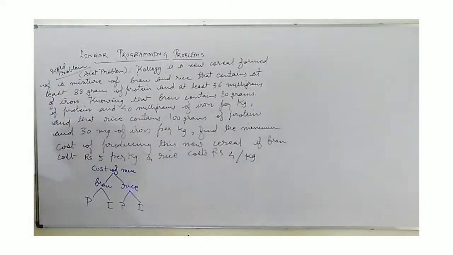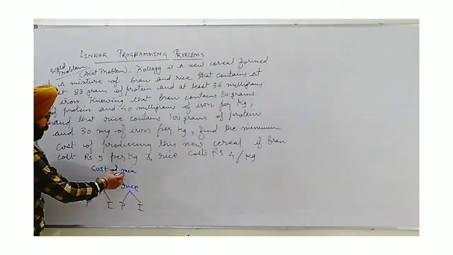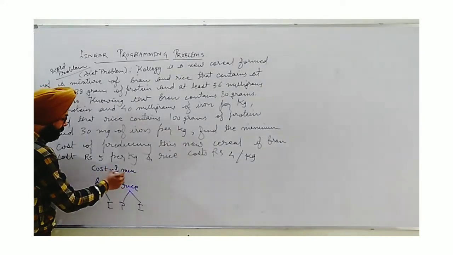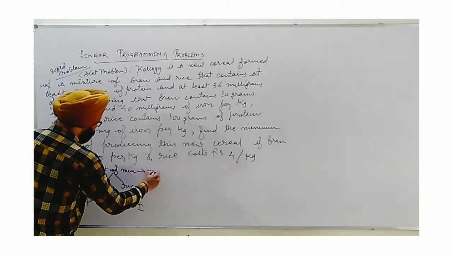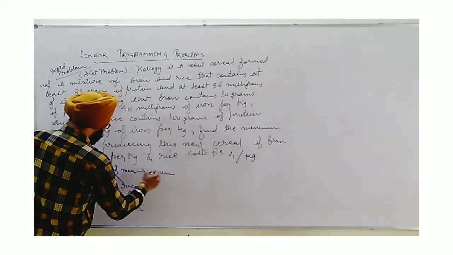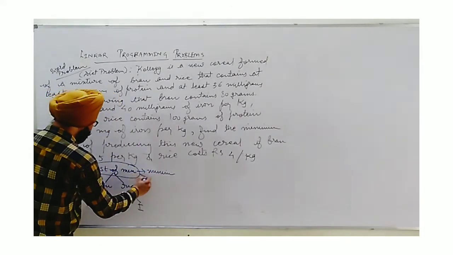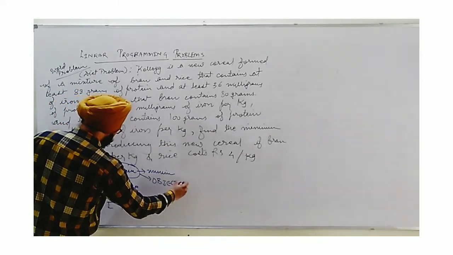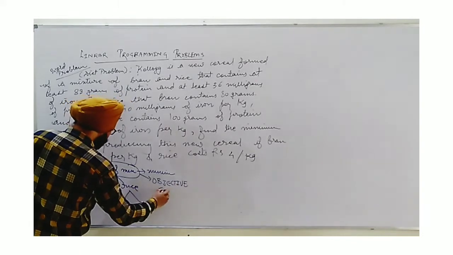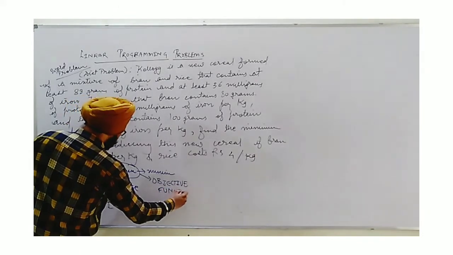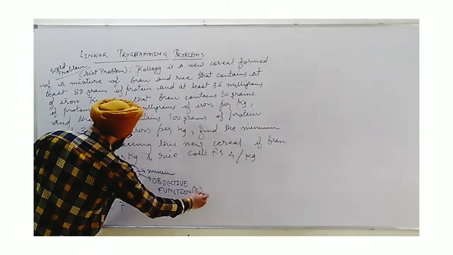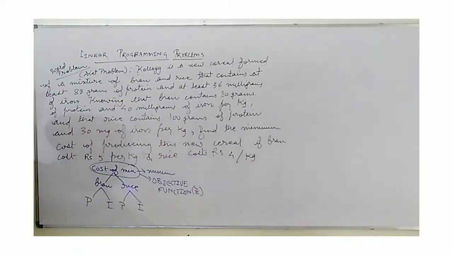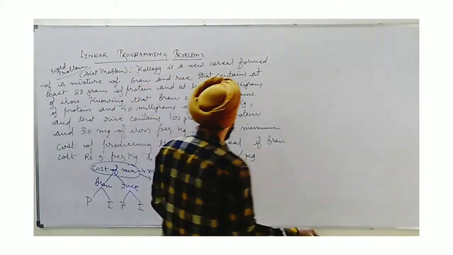This tree explains something. What? We have to minimize the cost of the mixture. That's why this will be known as the objective function. This becomes the objective function. In general we consider this to be z. This is the objective function. Now the rest of the terms which are given in the form of at least, at most,